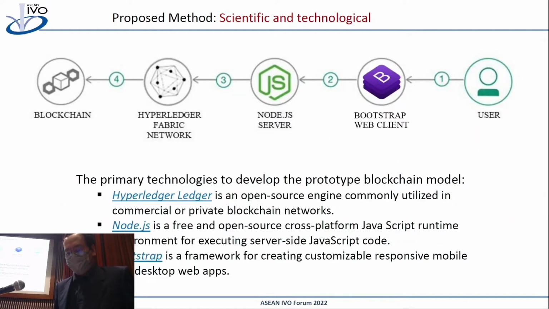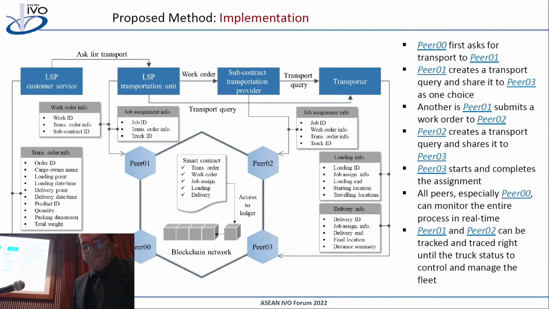Second, here are the primary technologies that we will use to develop the prototype blockchain model, including Hyperledger, Node.js, and Bootstrap. For the implementation of the method